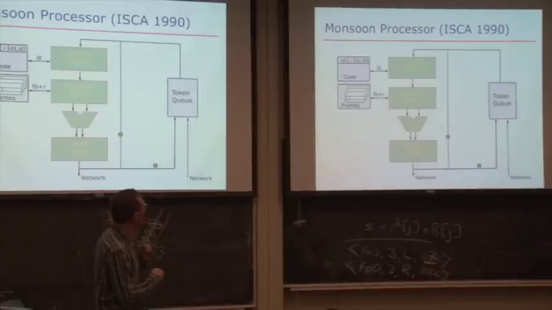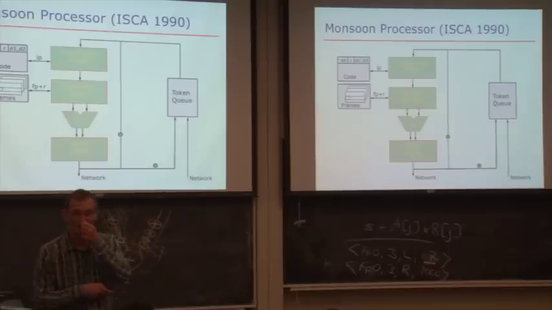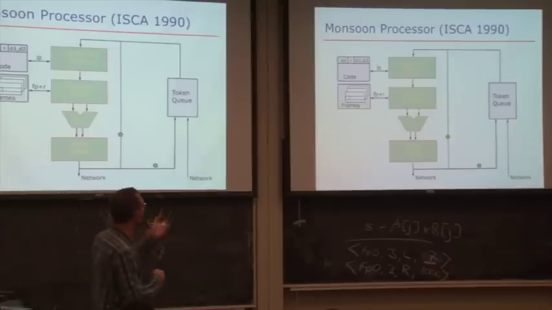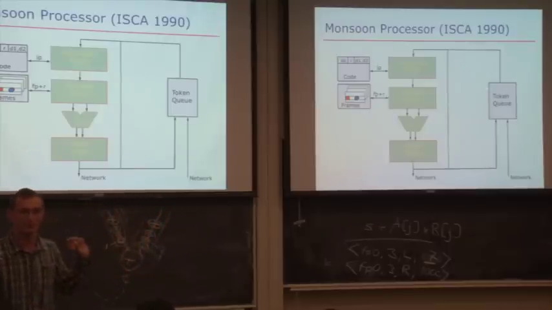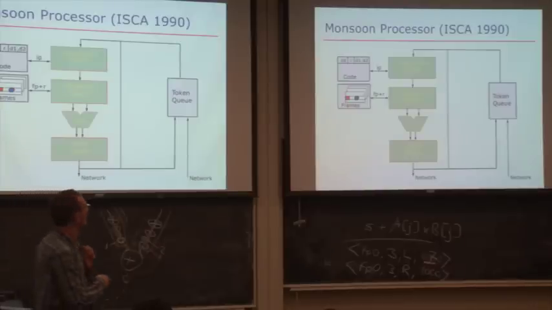OK. Any questions on this so far? This is the very basics. You can see the downsides and upsides, right? I guess just to look at the downsides and upsides quickly. First of all, I think one interesting thing here is you don't really need to store multiple operands for an instruction, right? You can store only one operand, assuming at most the most number of operands you have is 2. Because when the next one comes, you're going to match in the frames and you're going to execute it.